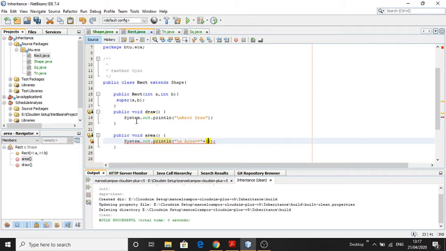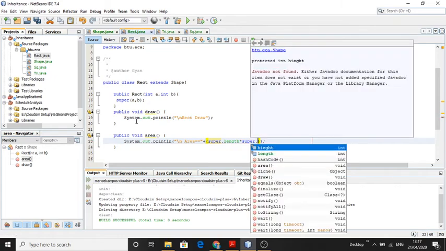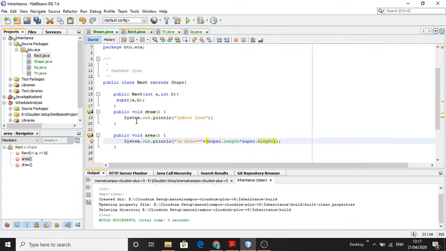So the area of a rectangle will be super.length multiplied by super.height.